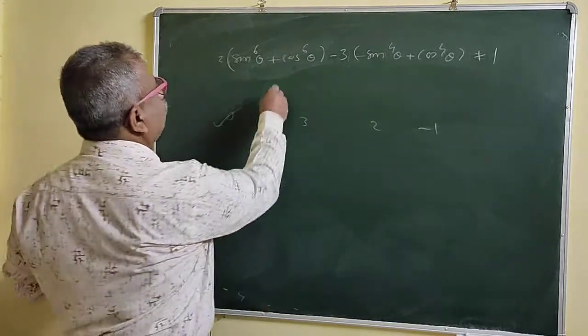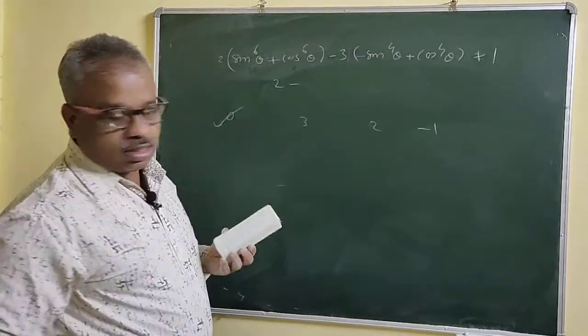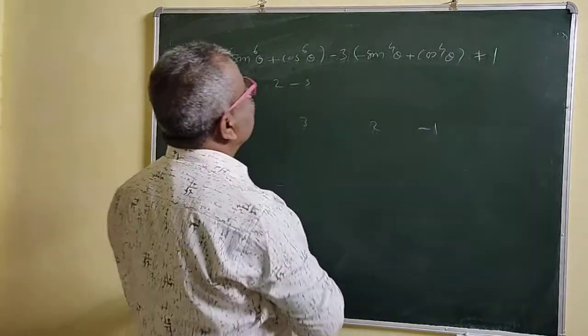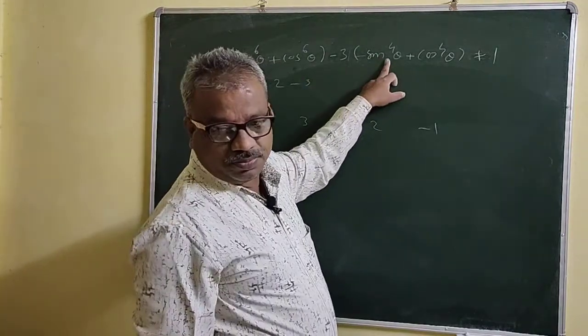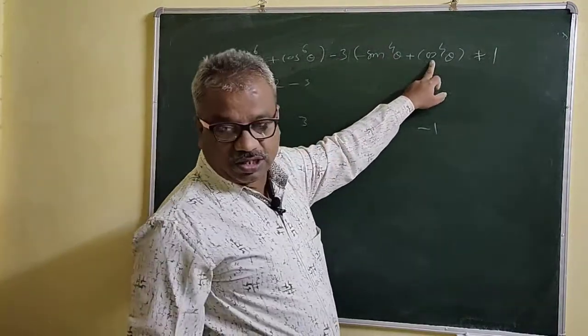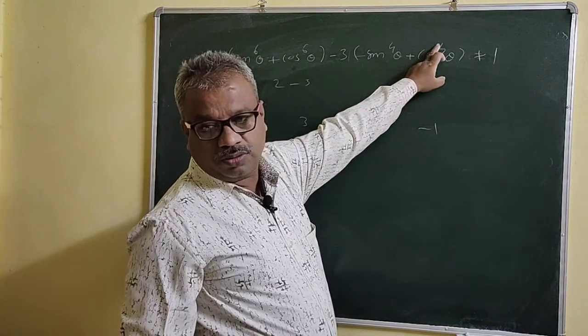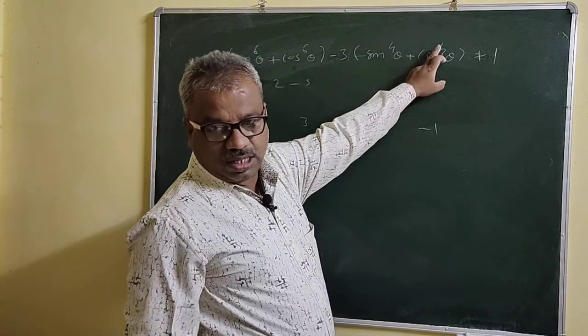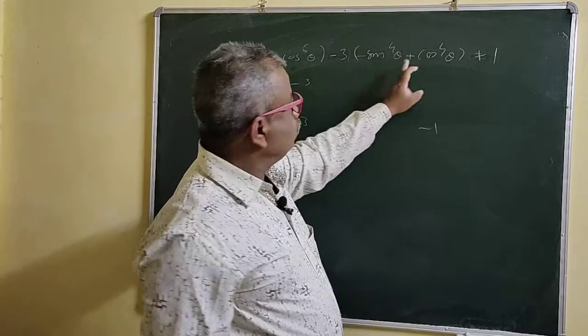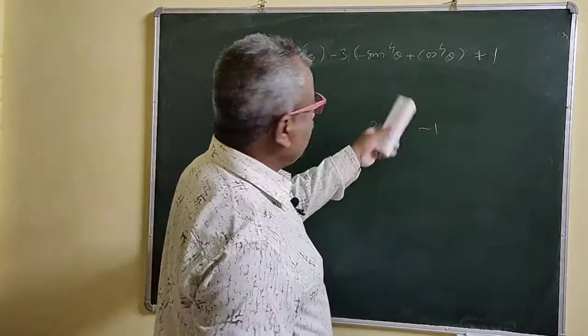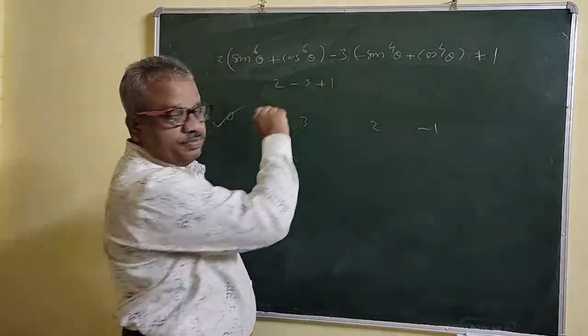So again this is 2 now, then minus 3. So this is cos pi 0. Then cos pi is minus 1. Minus 1 to the power 4, this is even. So again this is 1. So 1, this is minus 3 then. And the plus 1, again see, this is 0.